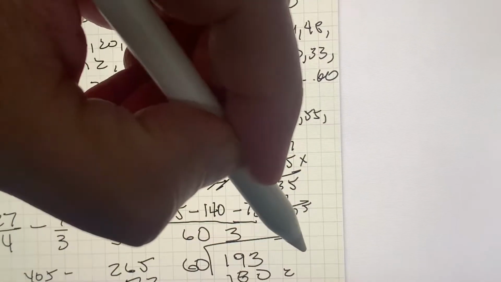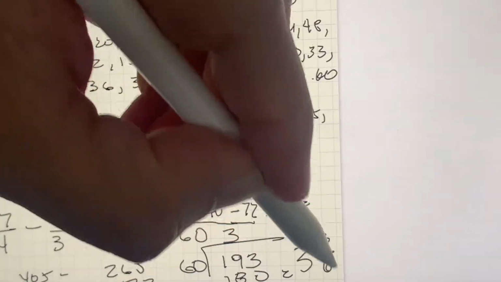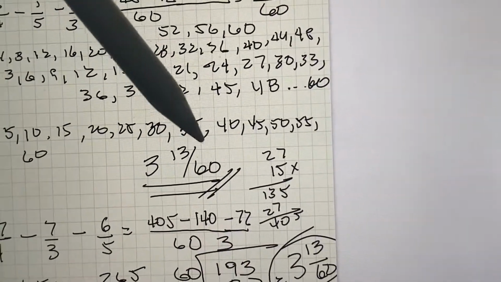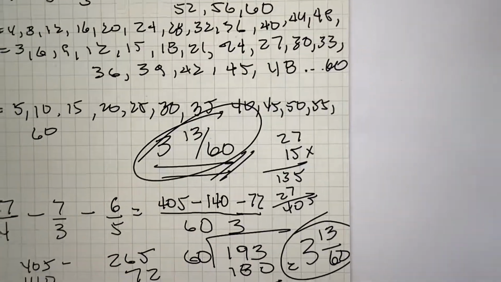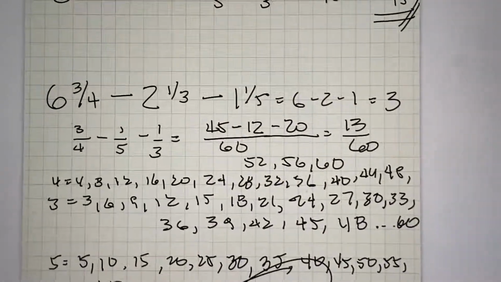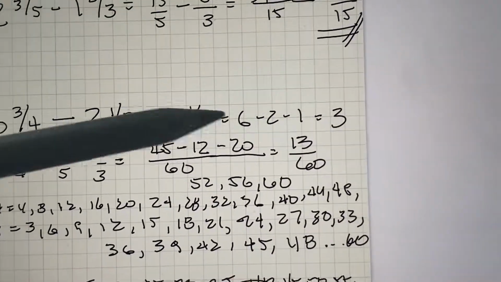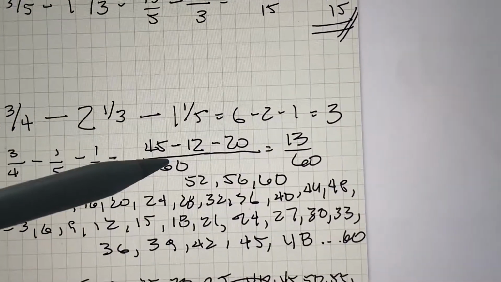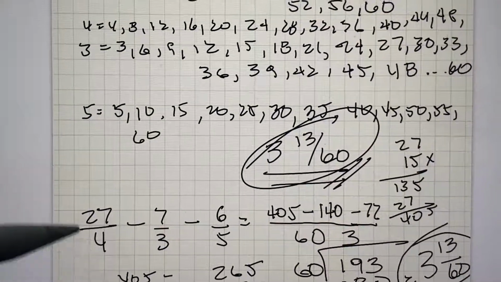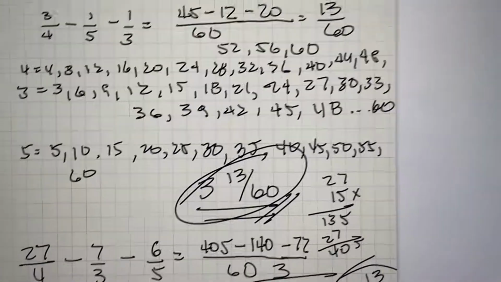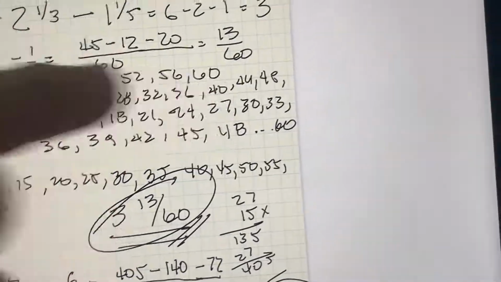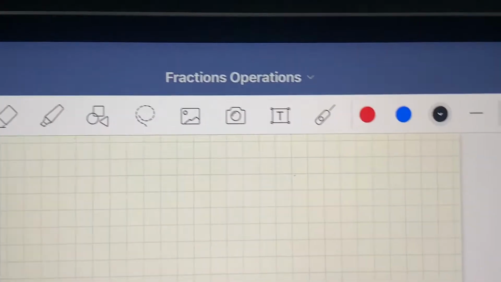So the answer should be 3 13/60. So 3 13/60 and 3 13/60, the answer matches. The procedure is correct. So you can take the mixed number, subtract the wholes, and then subtract the fractions, or you can turn the mixed numbers into improper fractions and solve. Either way, you end up with exactly the same value. Okay, so now I will